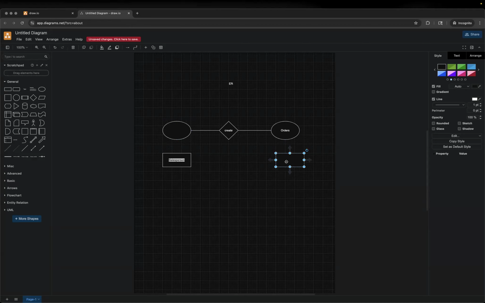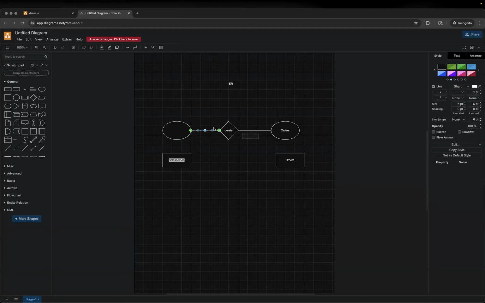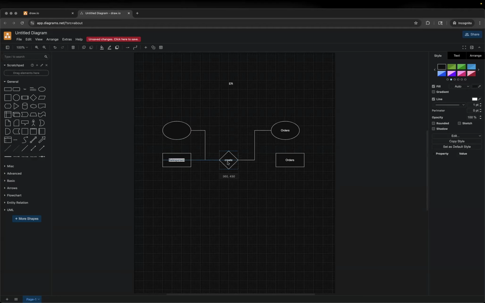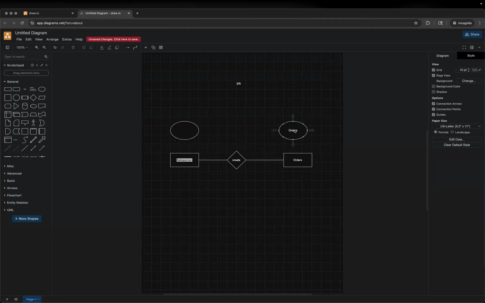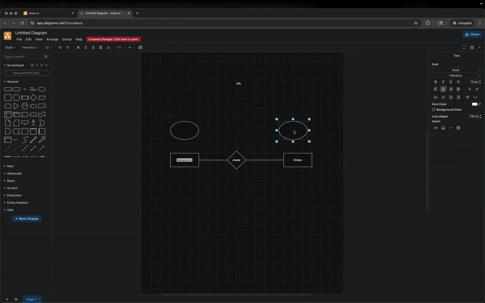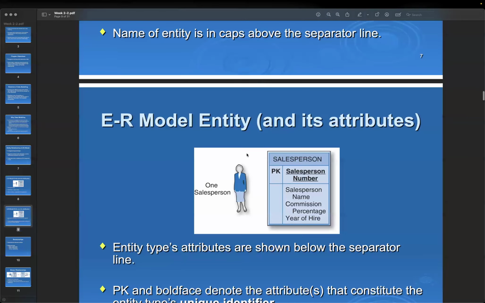So I will have orders. Okay, orders. Let me move it down in the middle, and then I change the connection to here. Okay, you can use draw.io, so you can see how I can drag it. And you will see all the attributes, right? So if we go back to the